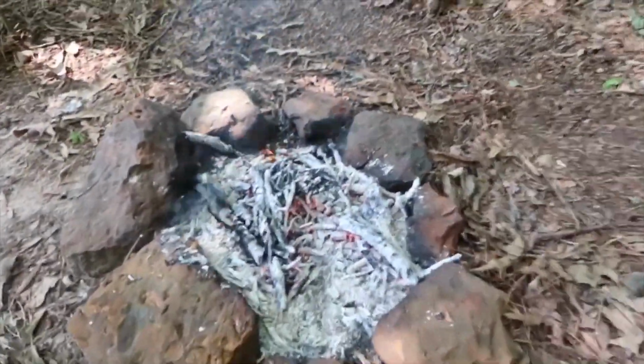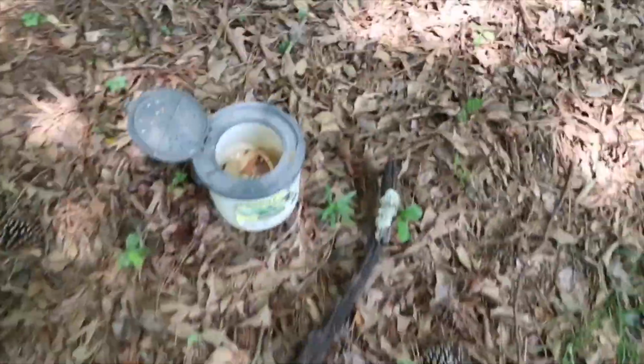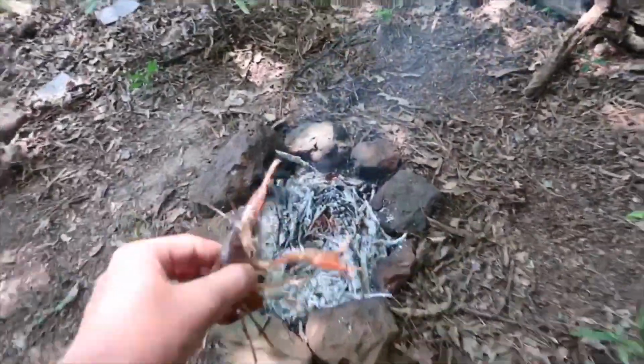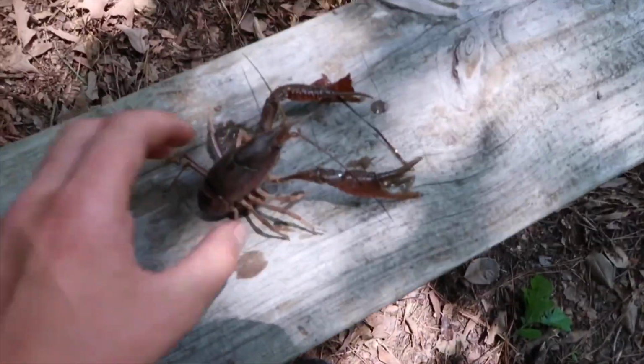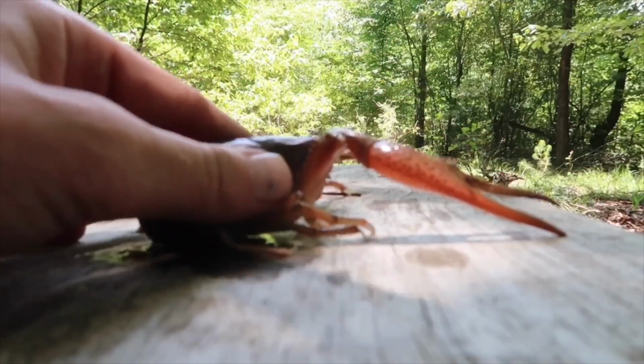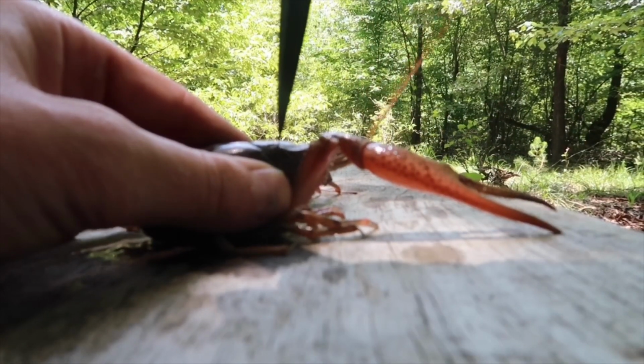Alrighty, well, coals are ready for my man to go in. R.I.P. buddy, although I don't have much sympathy for you because you did completely destroy my finger. So what I'm actually going to do right here, set him onto the chopping block and just get this guy right here. Just give him a quick,